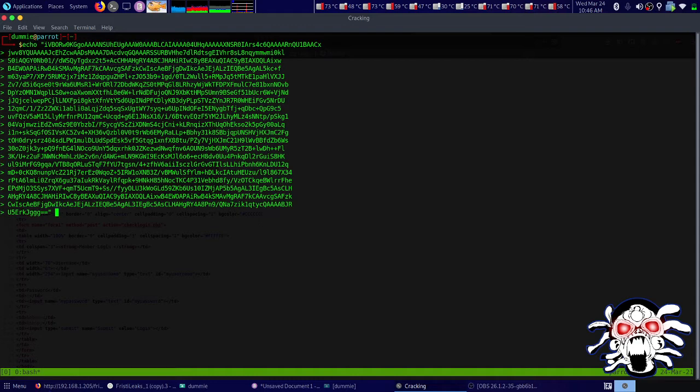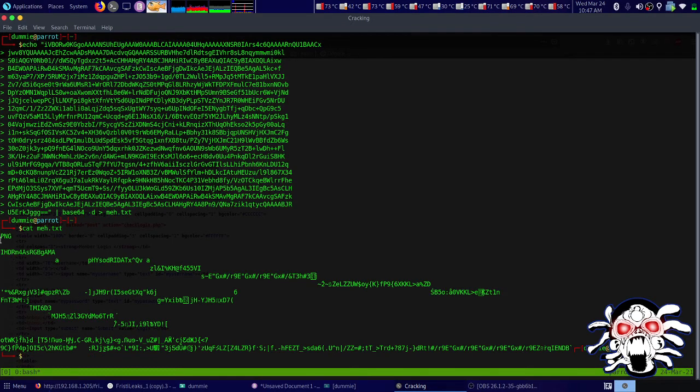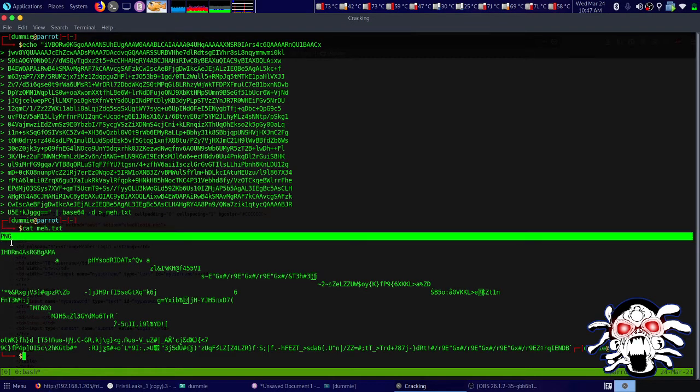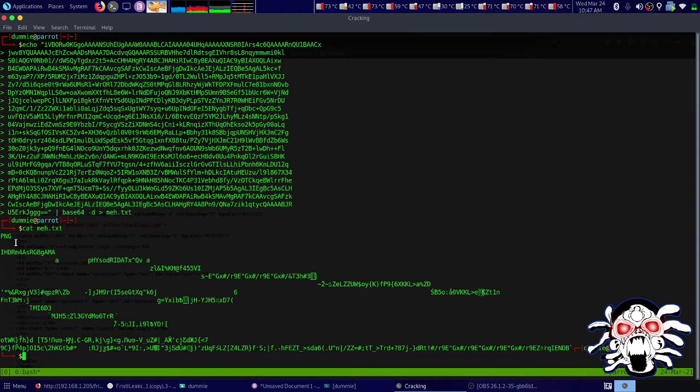After pasting it, let's pipe this to base64 --decode, then let's redirect this output into a file, me.txt. Then if we cat out me, the index has shown the png, so we need to copy this